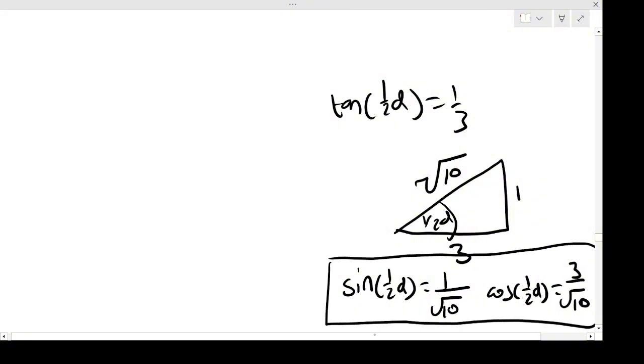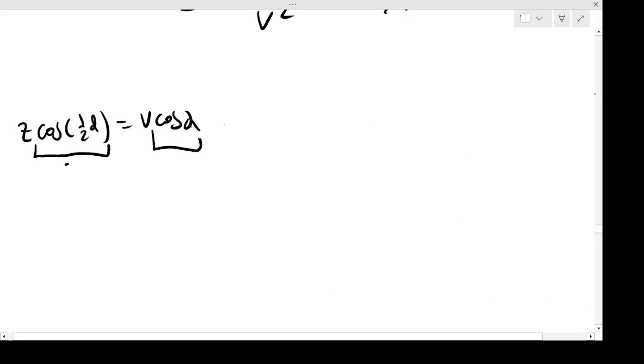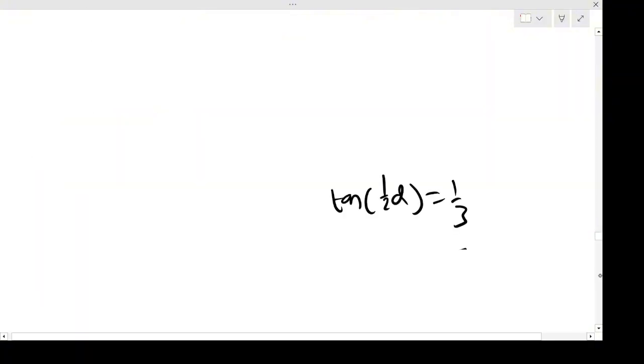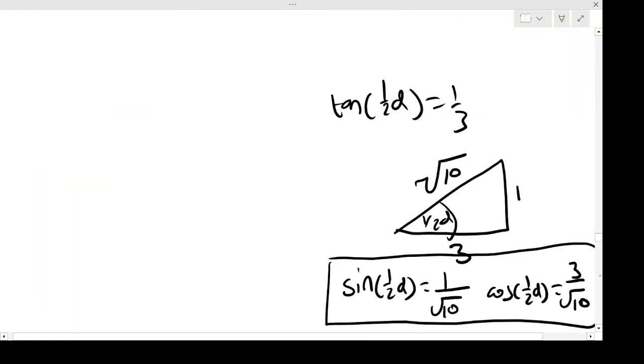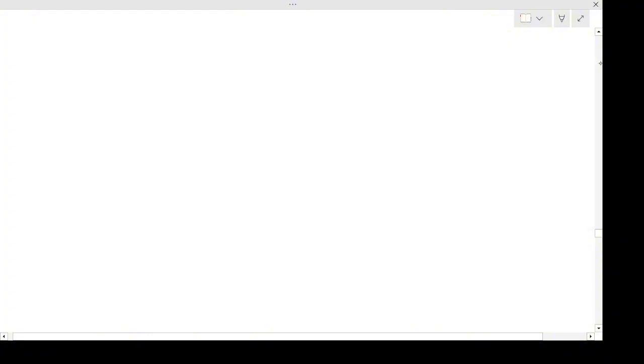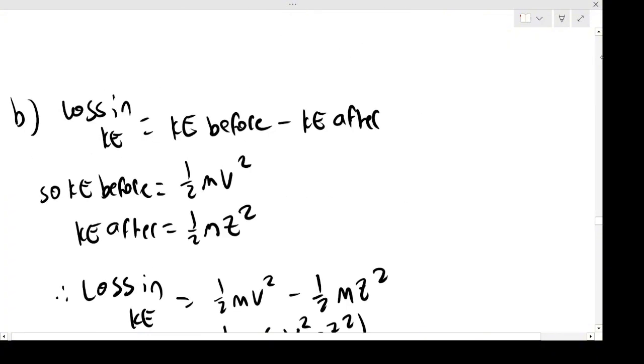So we have something for cos of a half alpha, don't we? It's 3 over root 10. So that's the first bit. But what about cos of alpha? You might start to think, maybe I'll do some double angles, some funny stuff, to try and obtain cos alpha from this. But actually, we don't need to think too deeply, because if I look back at the equations I've looked at,